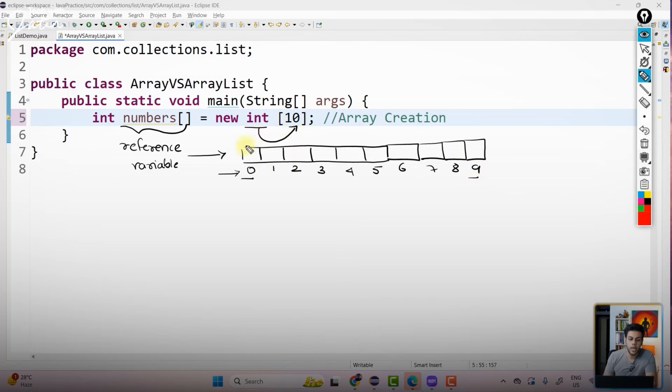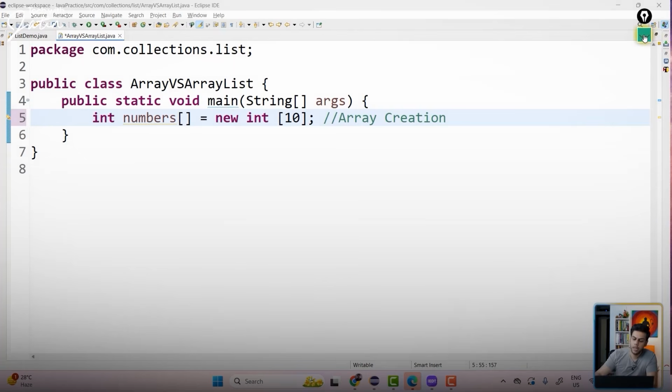All right. Now, each memory location will be initialized with the default value. Why? Because the array is created in the heap memory. So the new keyword signifies that the array will be created in the heap memory. All these memory locations will be initialized with the default value of integer. So 0, 0, 0, 0. Is this part clear to everyone? Yes. Perfect. Let me delete this particular drawing now.